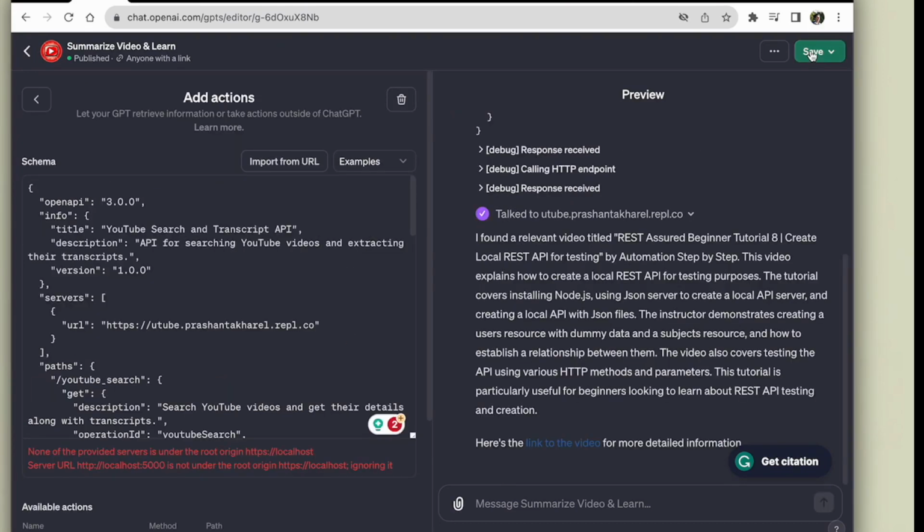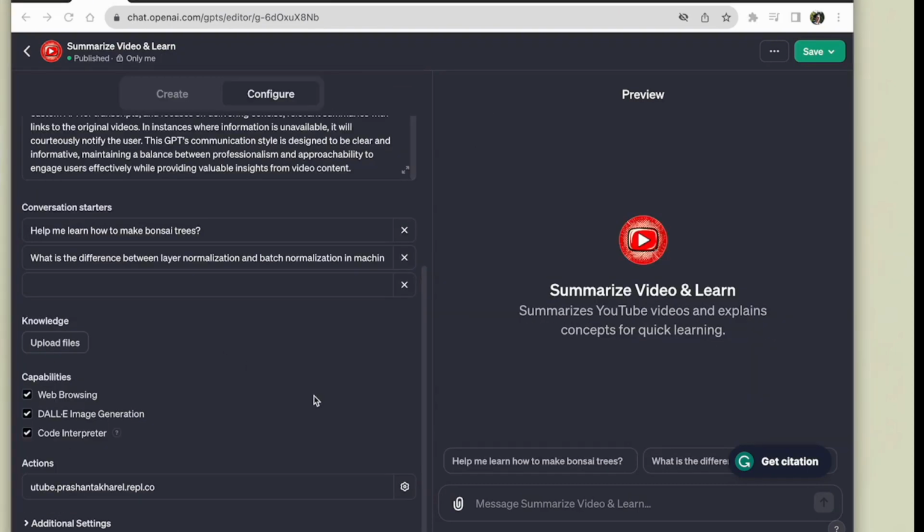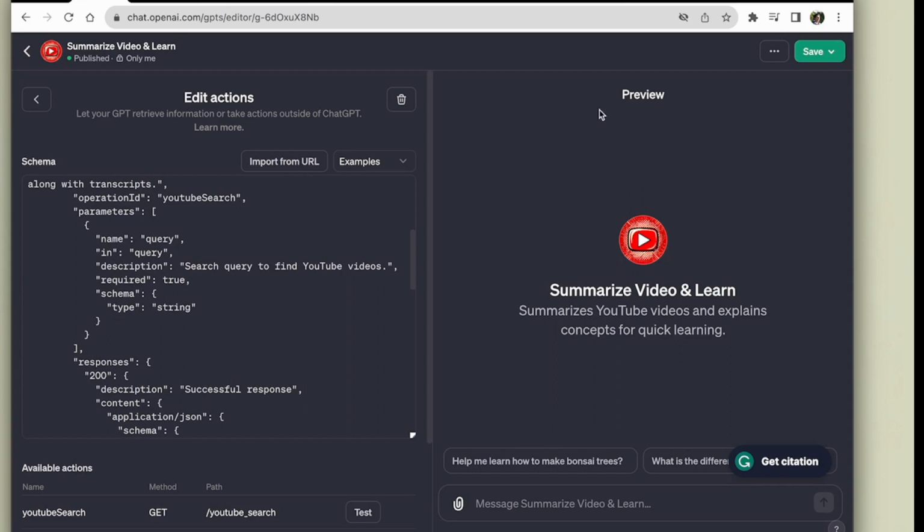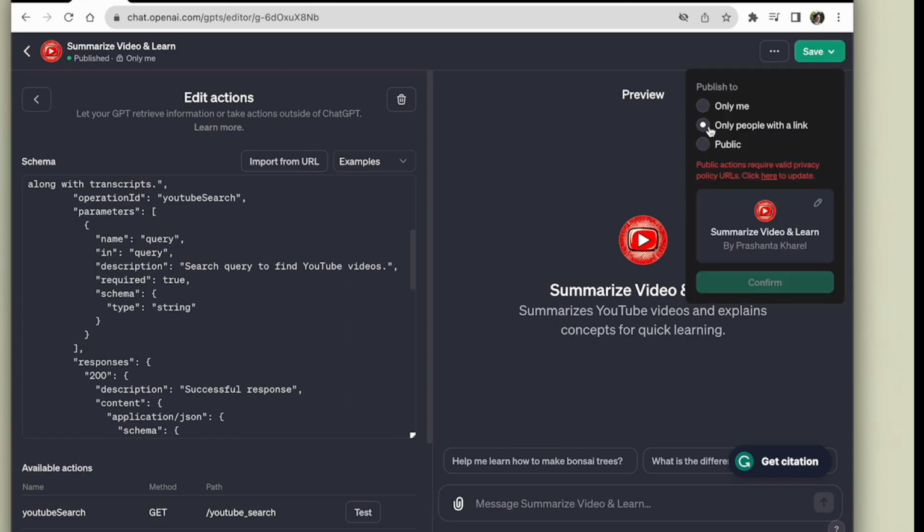And so what we can do now is first just publish this only to me, so confirm. All right, this application now is ready to go in the sense that it can call this custom API endpoint. But one thing that we want to do is to publish this app to other people. But to create a link, it says here that public actions require valid privacy policy URLs. And so if you look down here, you need another API endpoint